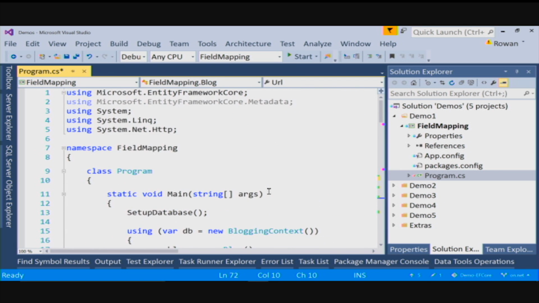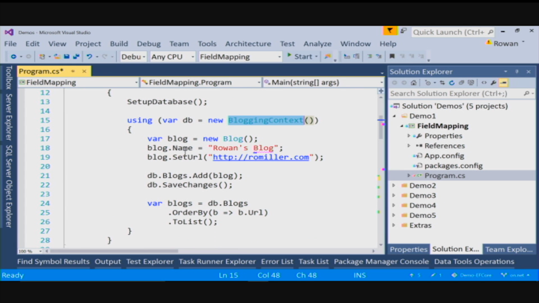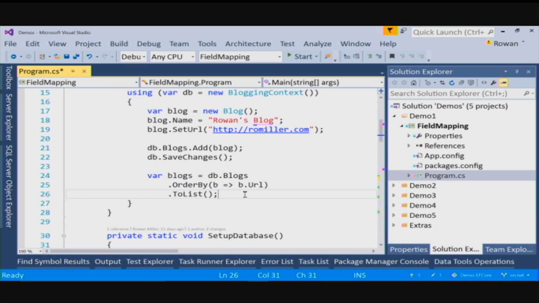If I scroll up to the top, you just see I'm creating an instance of my context. The setup database method is just making sure the database exists in the background for me. I create an instance of my blog. You'll notice that I can't set the URL property, so I'm using the SetUrl method that we talked about. I add that blog to the context and call SaveChanges, and then I fetch back all blogs from the database ordered by the URL property that we just had. If I go run this code,